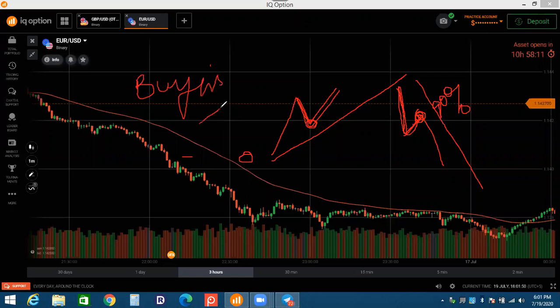I saw the buyers are getting weak here. I can say that buyers are getting weak. I got a signal in the uptrend. But on the next candle, if the sellers say that we are still weak, we cannot continue, then who will continue? The buyers. So your signal will fail.